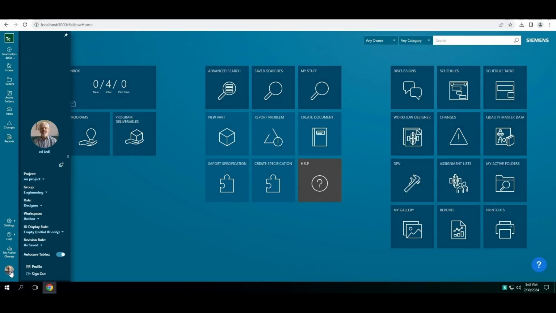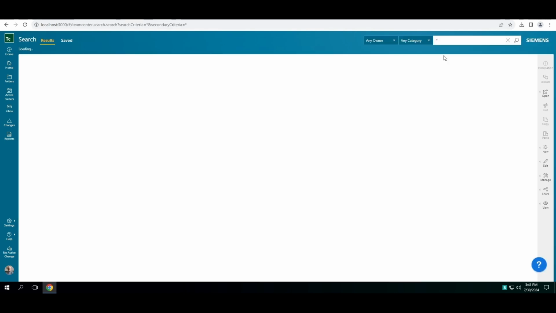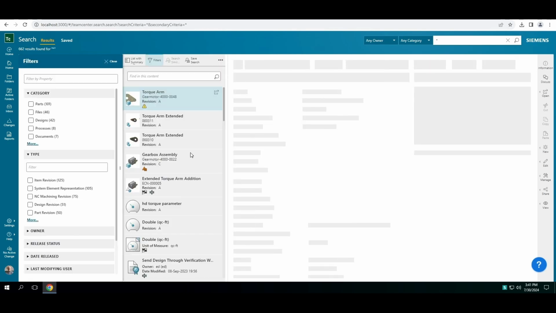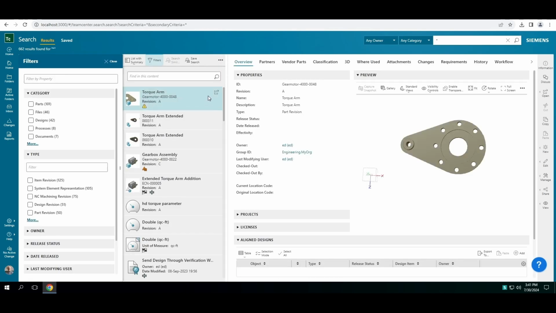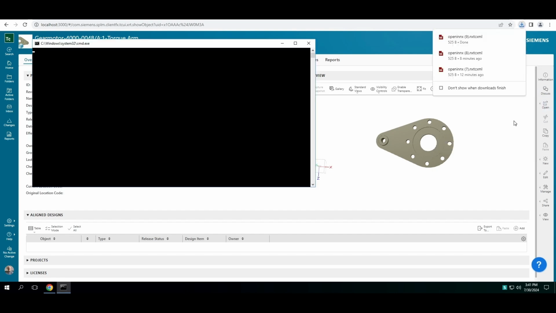Next, we can switch into NX and show a very similar process, but this time instead of making a revision of the part we are opening, we will create a new item. This will give the new part a brand new item ID, name, and revision set. So I will navigate to the part we are looking to modify and open in NX. I'm opening Gear Motor